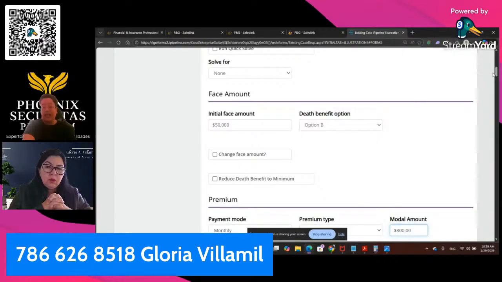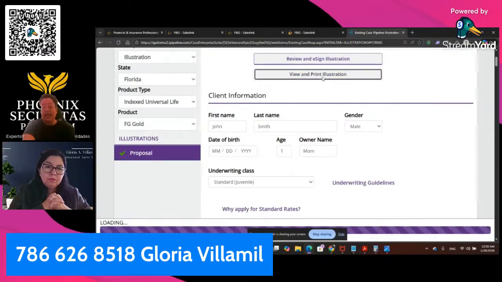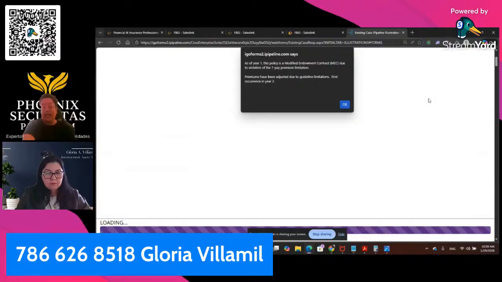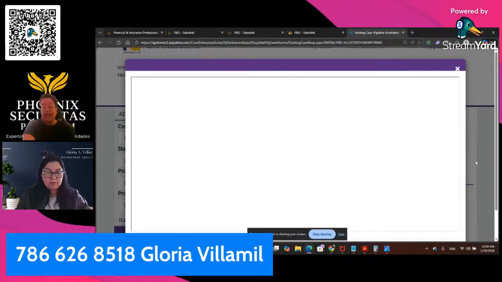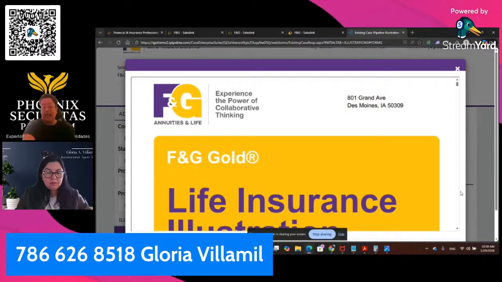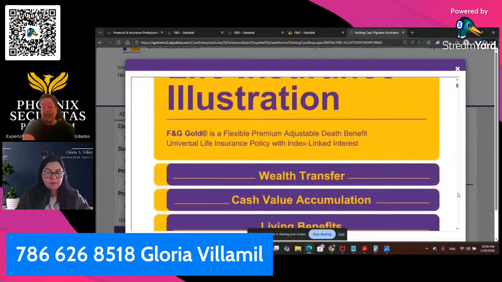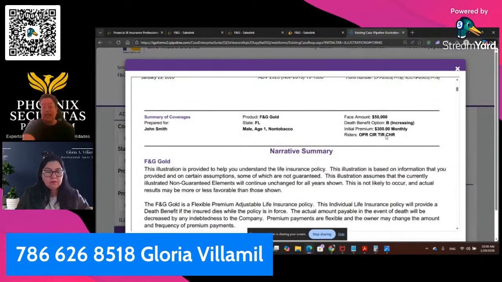Okay, before we go, because I want to show you how this makes it different. Because I'm telling you, this thing is amazing. It is amazing and it's mind blowing. Okay, so $300 a month, as you can see, 300,